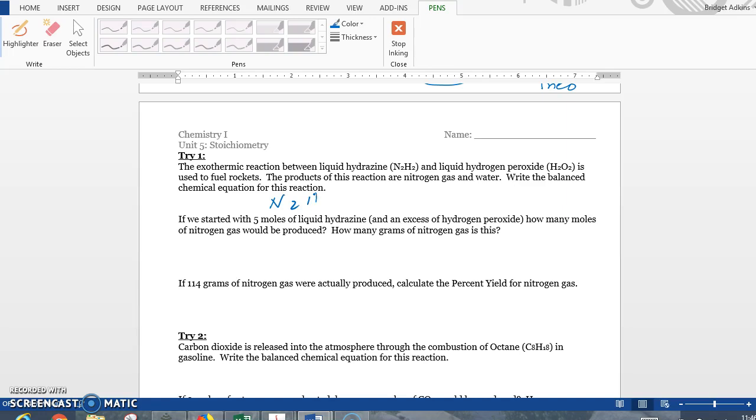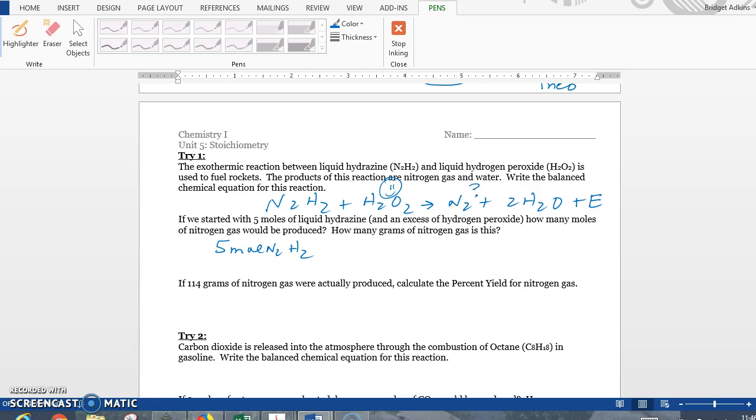All right, so this first chemical reaction talks about hydrazine and hydrogen peroxide being used to fuel rockets. So it's highly exothermic. We haven't really talked about that a whole lot. Our next unit is going to be on energy, and we will. So this is just saying, hey, it gives out a lot of heat. If we started with 5 moles of the hydrazine, and an excess of, so that means we don't have to worry about the hydrogen peroxide,